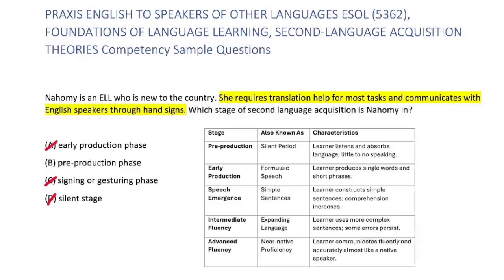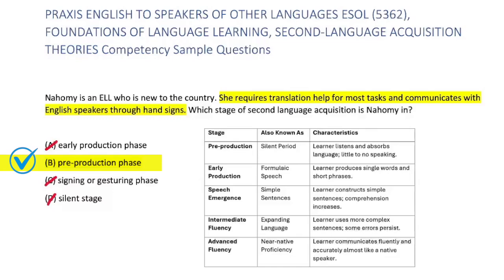If Naomi was in the early production phase, she would be using single words and short phrases, otherwise known as formulaic speech, which according to this scenario, she is not. So that means the best option here would be B, pre-production phase. Naomi is in the pre-production phase of second language acquisition. The stage is characterized by an ELL who communicates mostly with hand signs and who needs translation help. Even though Naomi is not speaking or reading in English, she is still learning by hearing English spoken and read